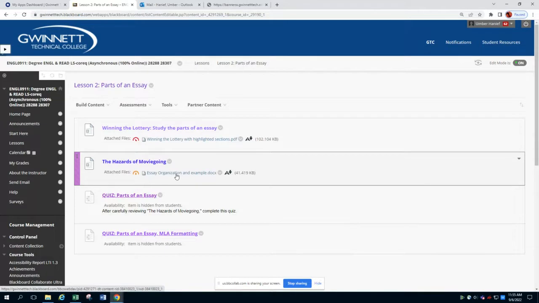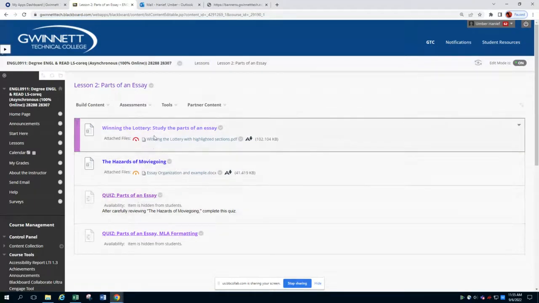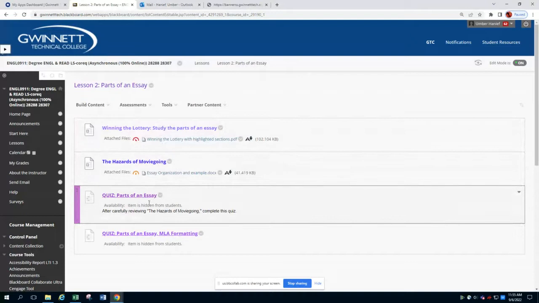Study those. And then in a couple of days, I'm going to open this quiz. I'm not opening the quiz today because you have to take the time to prepare by studying these two items first. I'll open the quiz in a couple of days. And the quiz is based on the hazards of movie going, and it's just asking you about the different parts of an essay. I'll post